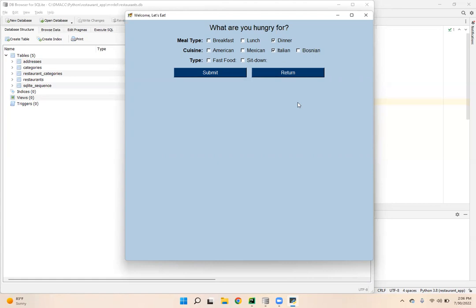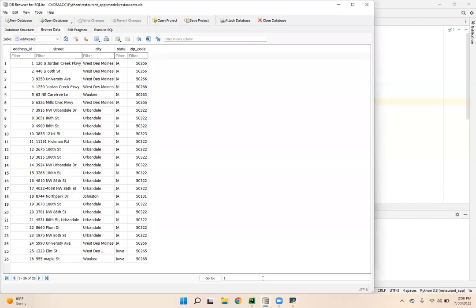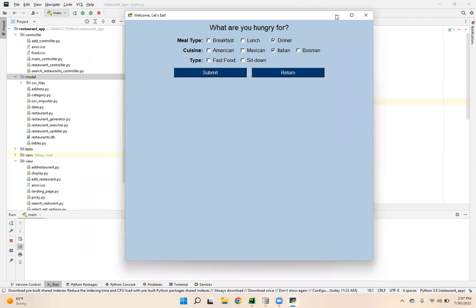The other thing I would love to change is just getting a bigger database. I don't have a lot of restaurants in there. I just manually added those. It would be great to maybe find a website that I could download some local restaurants from. And then the last thing was time. I put this together in a couple of weeks. It would be nice to have more time to add some more features and maybe have the display be a little bit prettier. But overall, I'm really proud of this